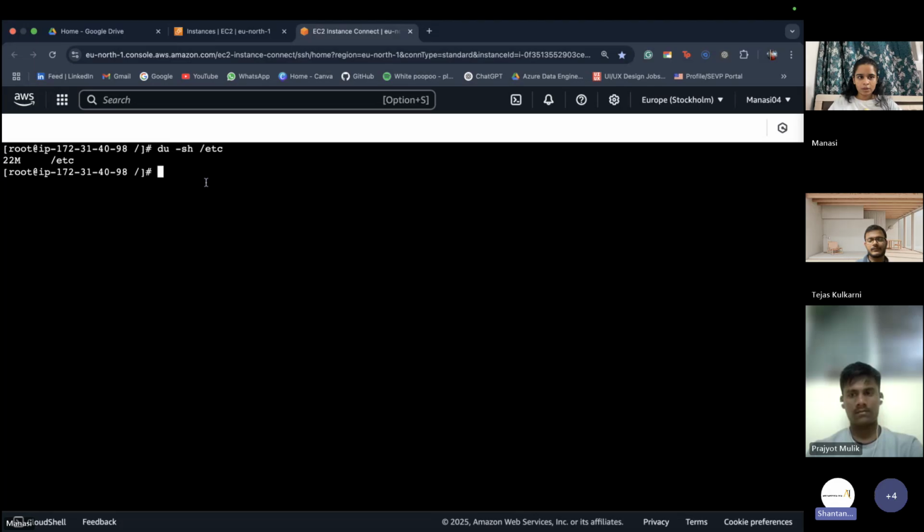Okay. So let's start with gzip first. Now, the command to compress a file using gzip. Can anyone tell me what would be the command? Like only the command and options. The command is tar. Give me the list of options that we can use right now. You have the list of options, right?